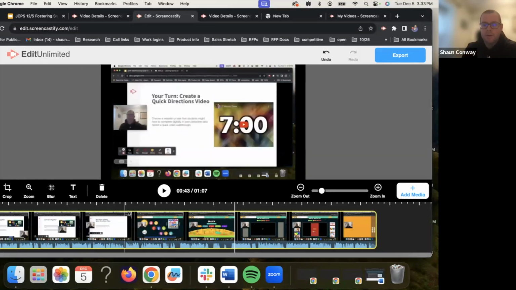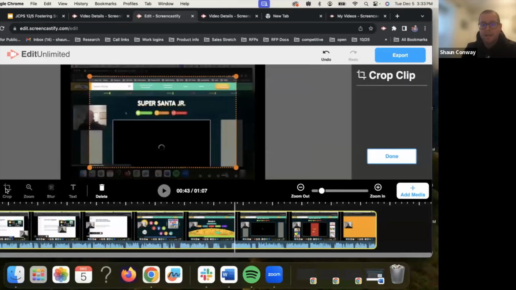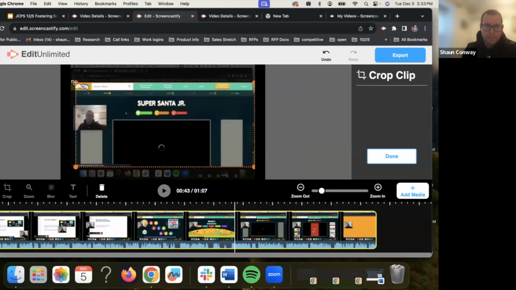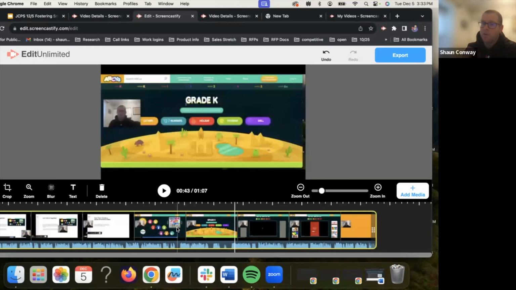My video right now is highlighted. As you can see, it's bordered in yellow. That means that I've clicked on it. I'm then going to click crop. And so now I have this modifiable orange box. And I'm just going to move that box in place so that nothing that is on my computer outside of this web page is visible. So you can see now in gray is my favorites, my tabs, my apps, and everything else. And I'm just going to click done. And now just like that, all of that unnecessary noise has been eliminated. So the ability for my students to have less things that distract them went way up by me eliminating all of that.